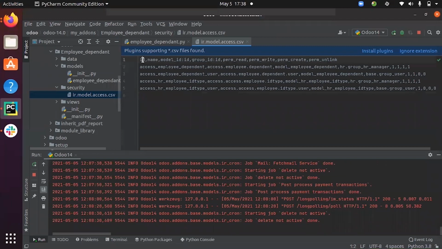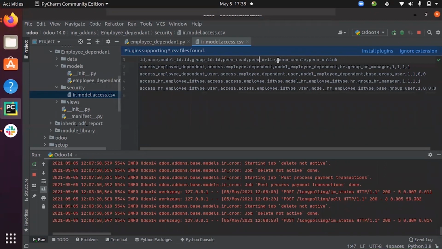First you have to provide the access right ID, then the access right name, then the model ID, then the group ID, that is user group ID, then the permissions, that is read, write, create, unlink.